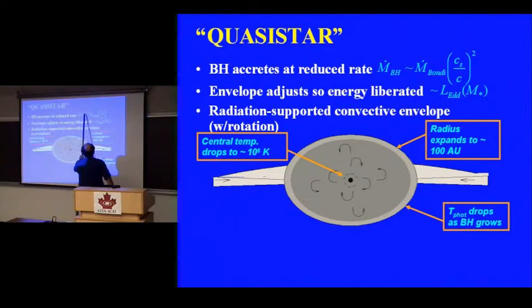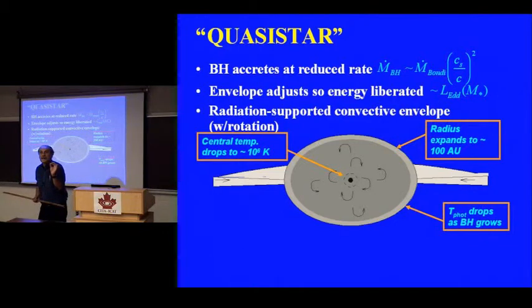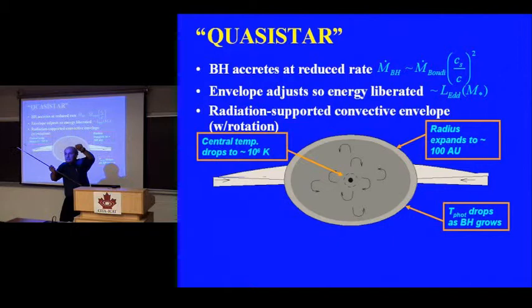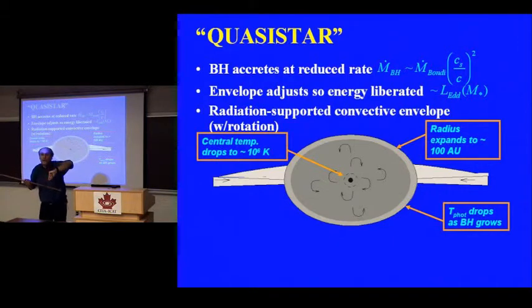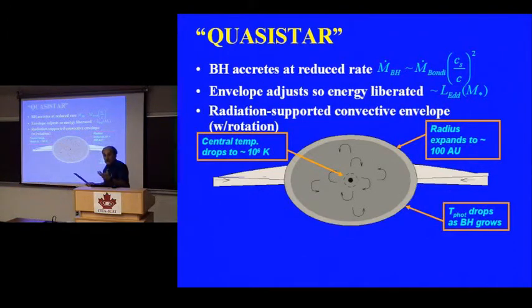That doesn't mean that the black hole is growing at the Bondi accretion rate from the inner part of the envelope, because in fact, you have an accretion flow that's not able to radiate effectively. And so what's happening is that the black hole is accreting. The energy liberated by the black hole has to go back out through the accretion flow. And so in fact, that puts a limit on how fast the accretion can take place, because the accretion flow